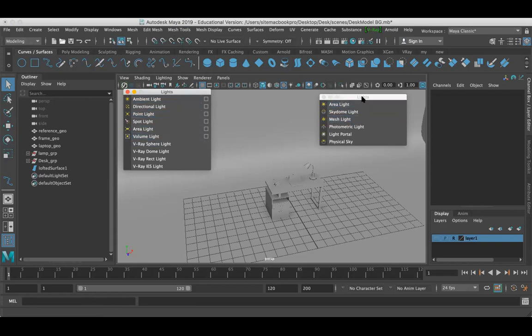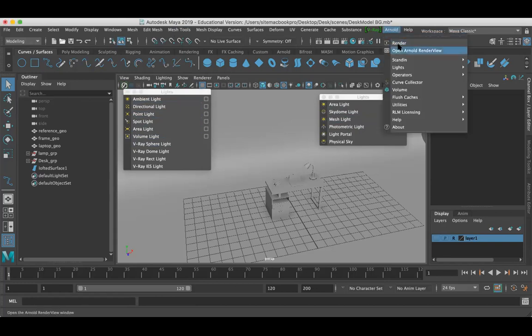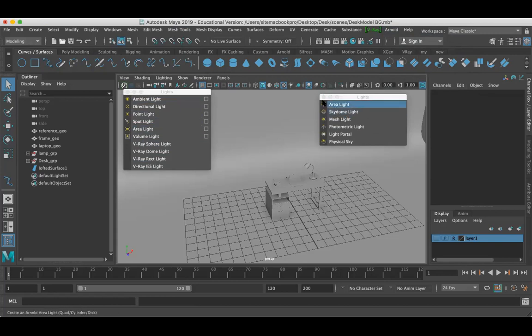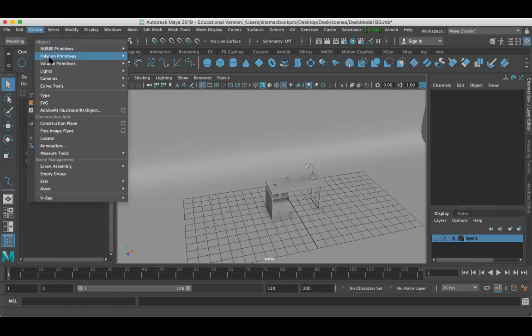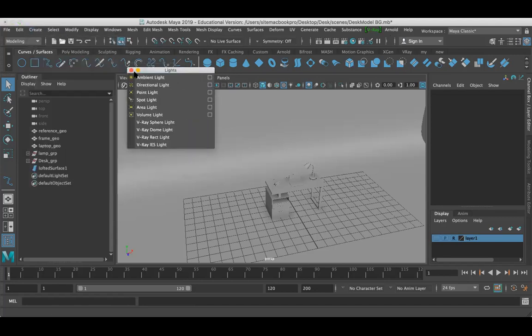And these lights on the right side, which are called Arnold lights, were introduced when Arnold was integrated with Maya. So they have some of the most advanced features and are something powerful, or more quick than these lights. I'll just introduce you. For now, I'm just going to close the Arnold light. I'm using the Maya default light right now.